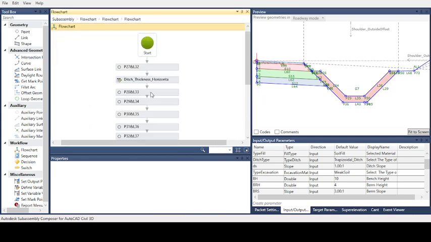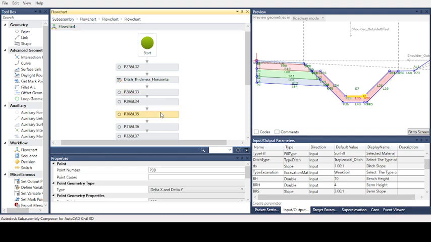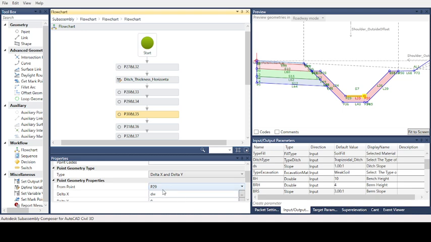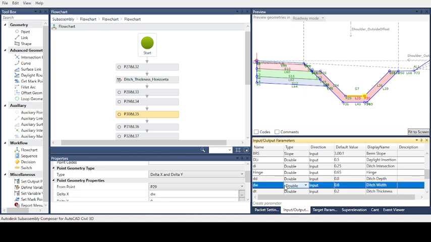This is our trapezoidal ditch. As you see, this is the ditch width. The ditch width, in this condition, is 0.6 meter. We can change this into 0.